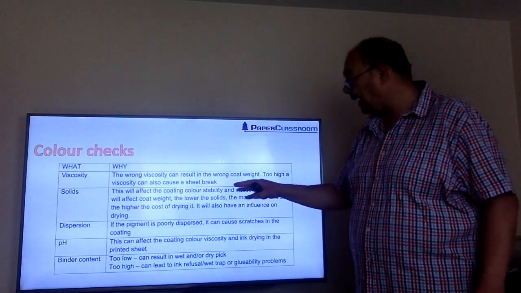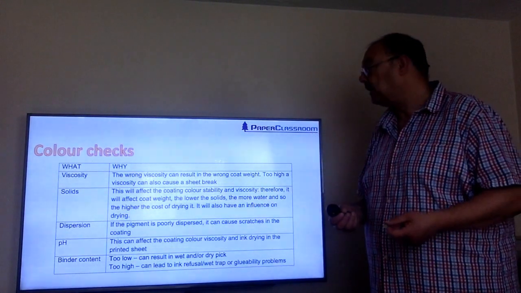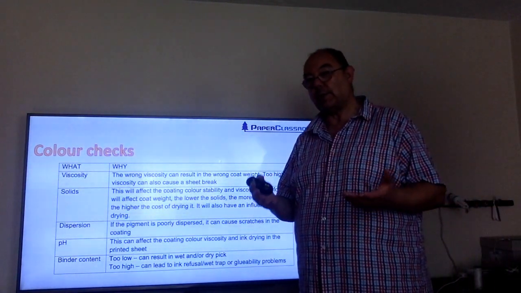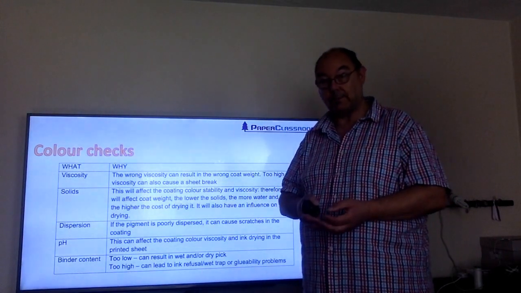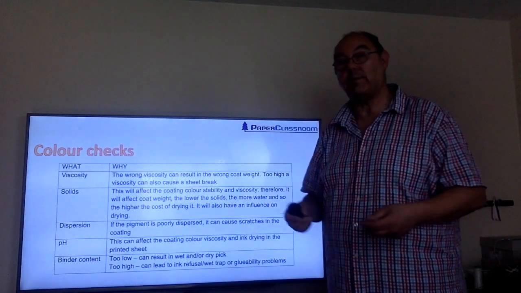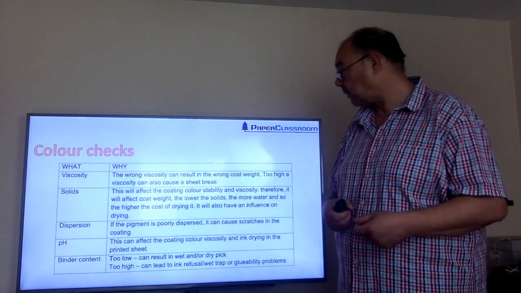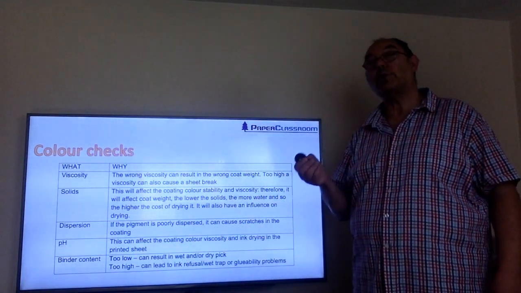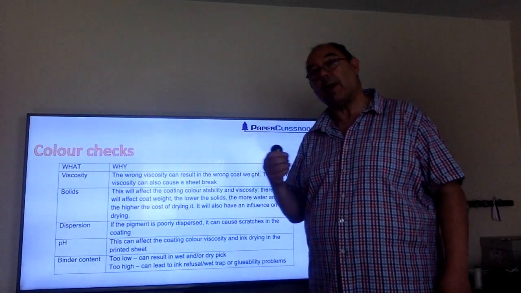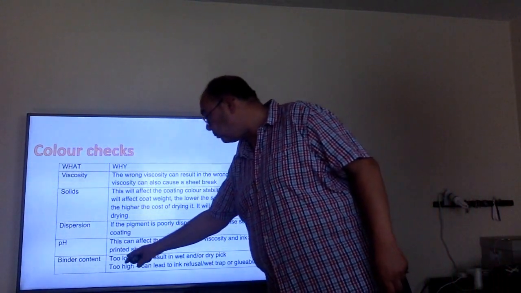And finally, the binder content. You need to have the right pigment to binder ratio. And pigment to binder ratio is different for every pigment, because remember, it's all about surfaces. So pigments that have more surface area per gram will need more binder per gram. If you have too little binder in, then the coating won't be strong enough and you'll get wet pick or dry pick problems. If you put too much binder in,